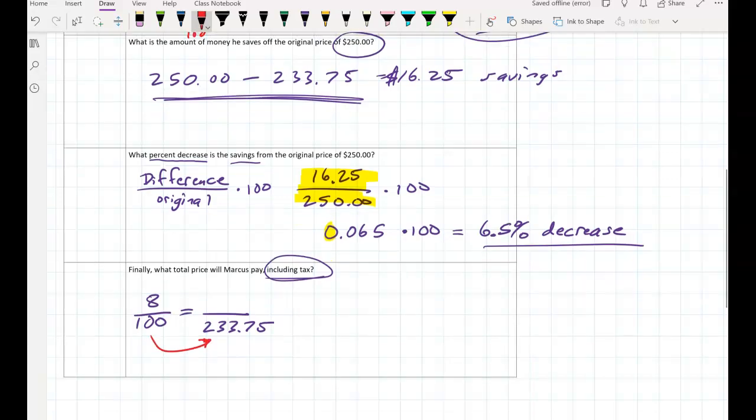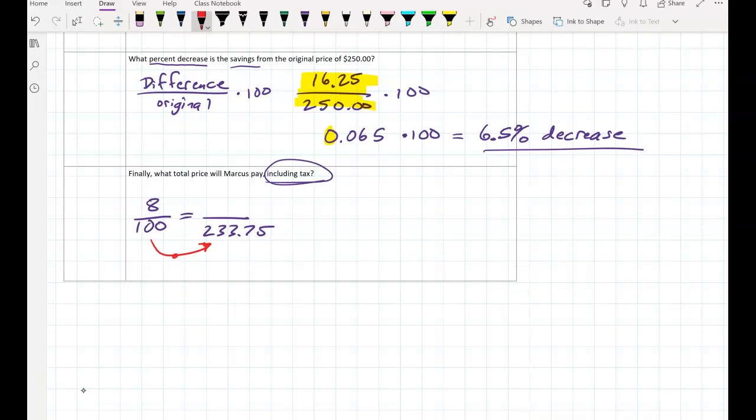Now all we have to do is figure out, how do I get from 100 to $233.75? Well, you know how to do that. We're going to multiply by $233.75 over 100. And we do the same thing up top. This pattern hasn't changed since the time we started this. All right, and we do this fancy math work over here. So 8 times 233.75 over 100. I'm going to put a 1 there. Okay. 8 times 233.75